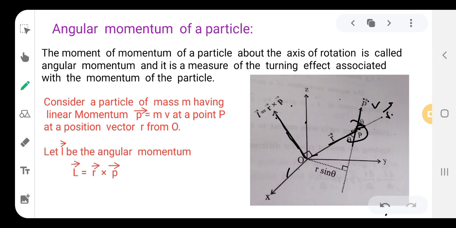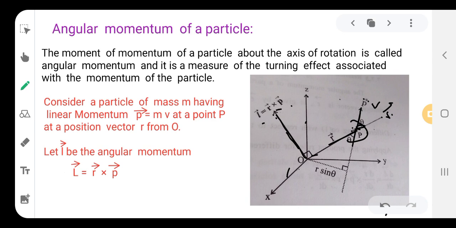So we have to apply here the screw rule or the right hand rule of vector product. When there is a cross, you should always understand that the third vector is inwards. Inward direction is the cross, and if there is a dot, it is outward, right? Inwards is clockwise and outward is anti-clockwise.